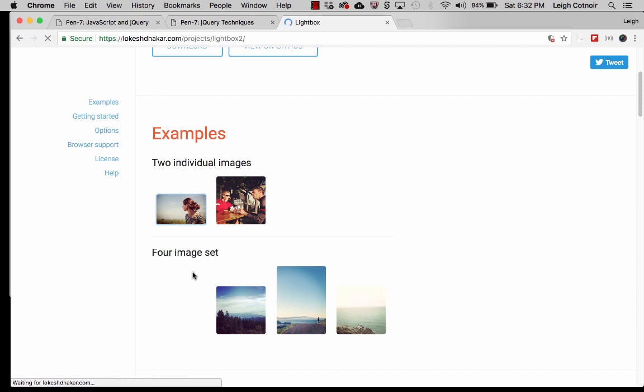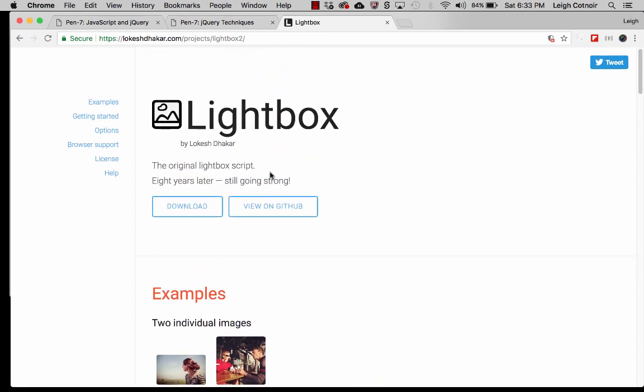There are two different ways you can do it. You can either have it where you click a picture and it just opens up and you have to close each one, or you can have a gallery set, and that's how we're going to do it, as a gallery set, so that you can navigate through them. So you're going to click on download, and